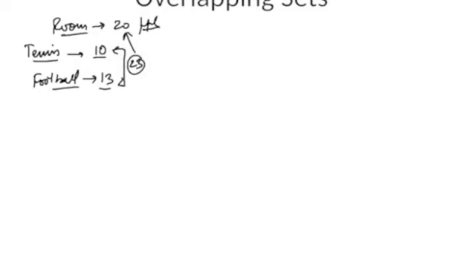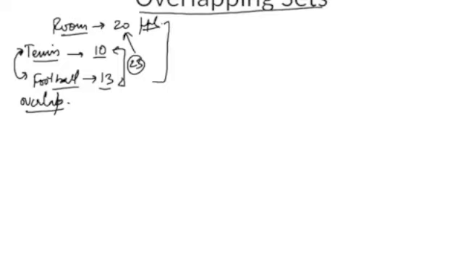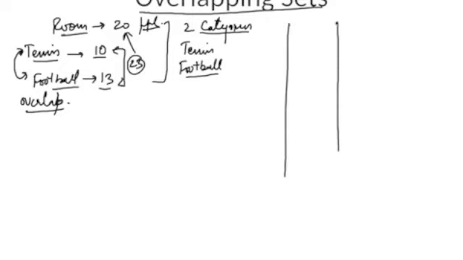How is that possible? That is possible only if some people play both tennis and football. So this is the overlapping thing we are talking about. This is the overlap we are talking about, hence the name overlapping sets. Now, in this example that we took, there are two categories: people playing tennis, people playing football. So we are concerned with only these two categories. We solve these kinds of questions, meaning questions having just two categories, through a matrix method.